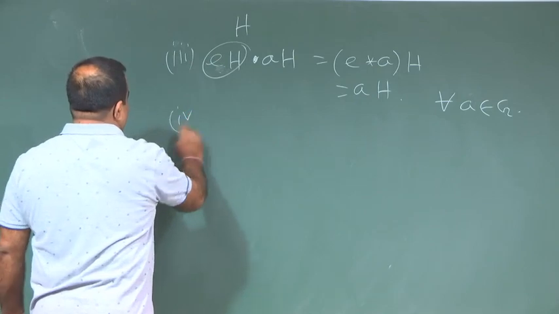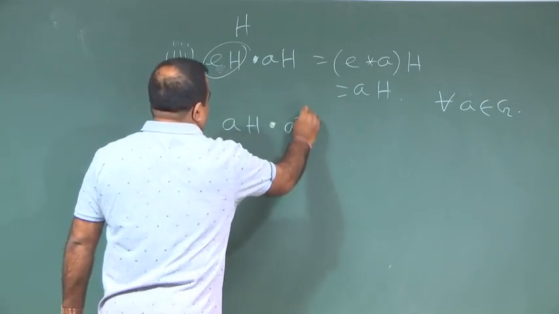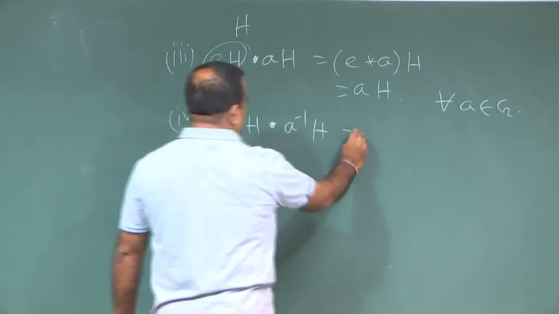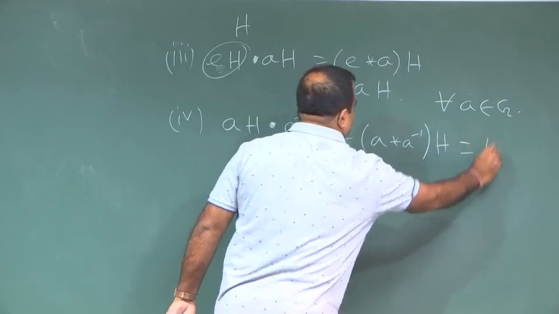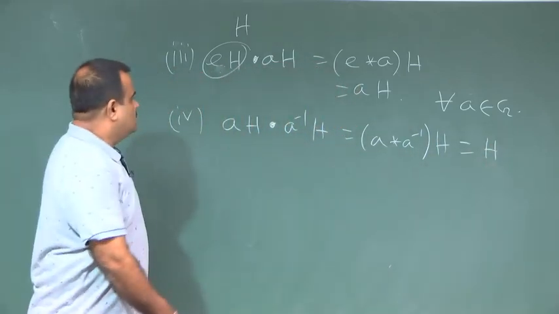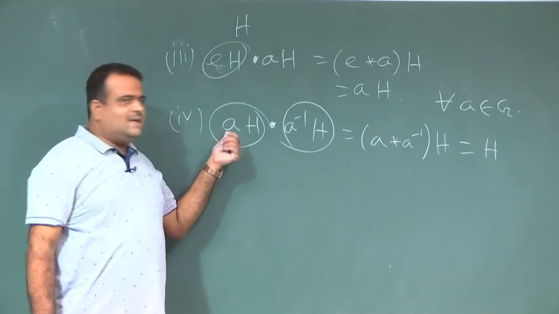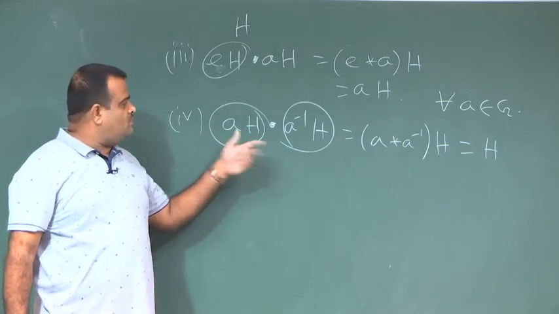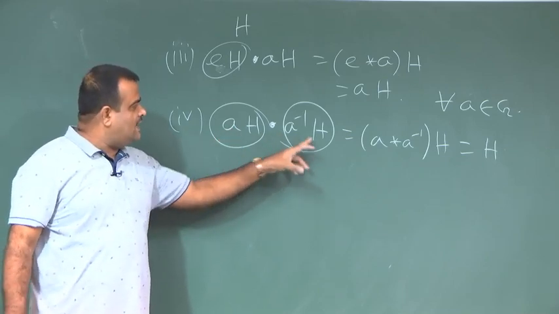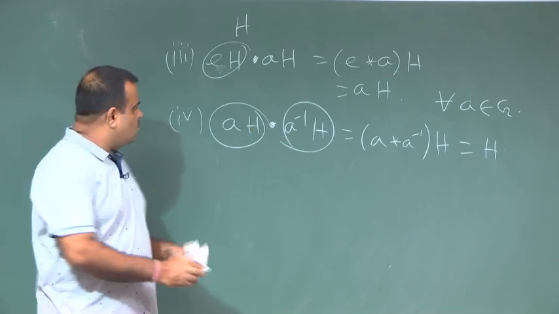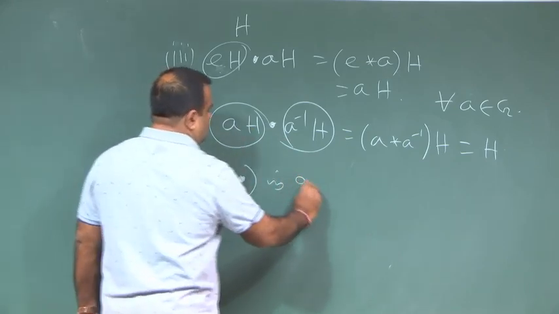So, the inverse for H is H. If we operate with A inverse H, this will give us A star A inverse H, which is basically H. So, this is the inverse of this. If A is an element in the group, then A inverse will exist. So, the inverse of AH is basically A inverse H. So, this is a group. So, this set along with this operation is a group,